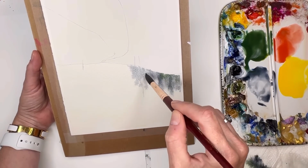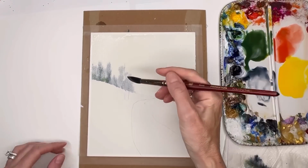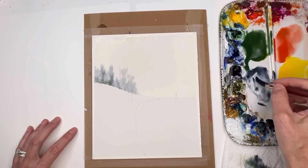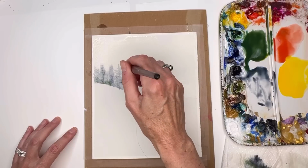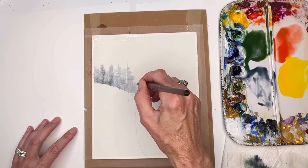Another way is if you can flip it upside down again. You know, they look like spider trees. With the little line, a little thicker paint won't move as much. It's like a line, and you can kind of wiggle back and forth to get that pine tree. There's a line and wiggle back and forth, leaving some space in between,